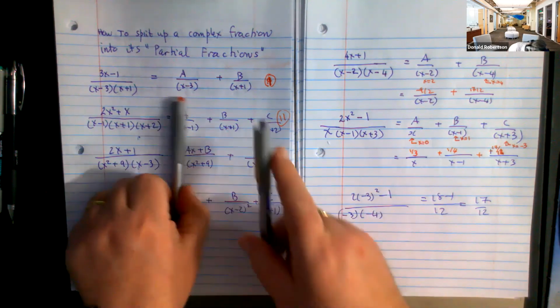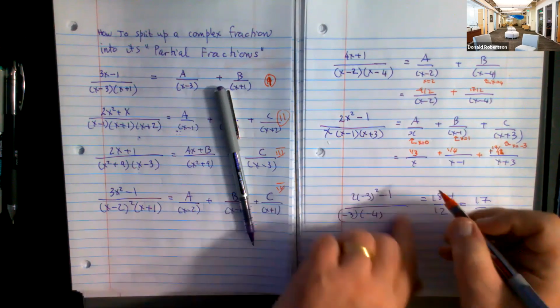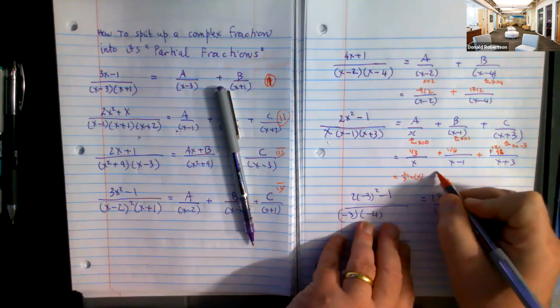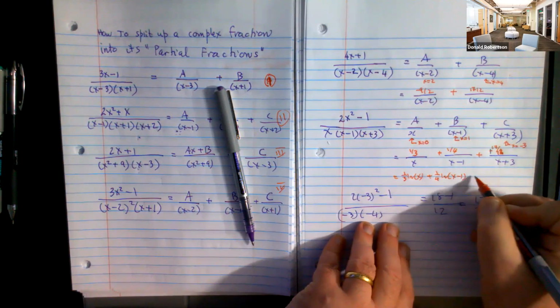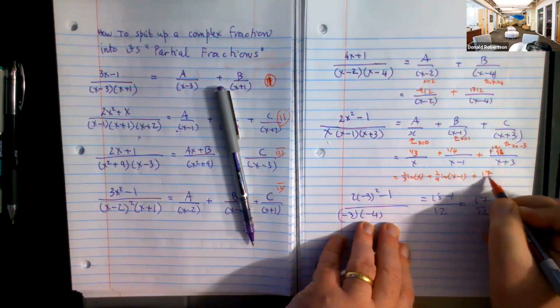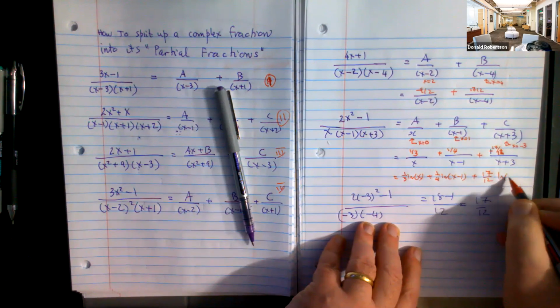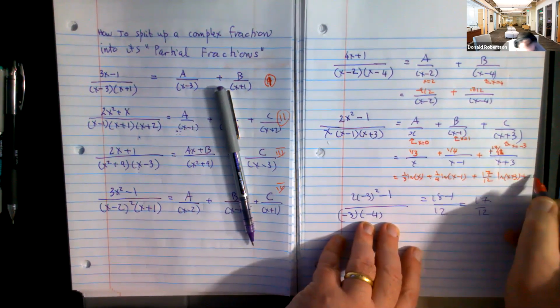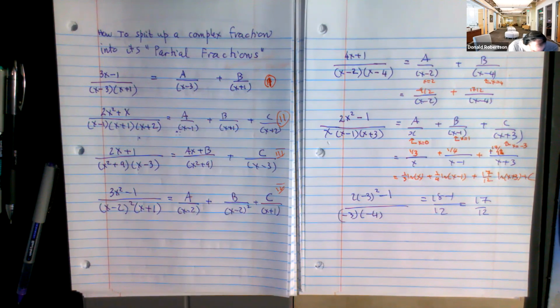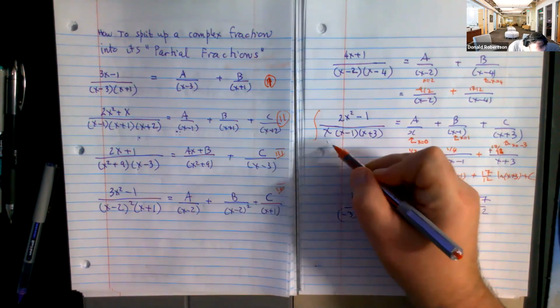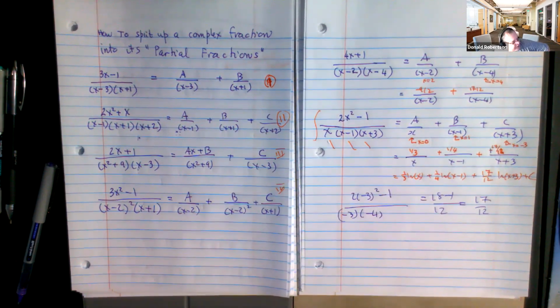Okay, now you want to integrate that. You're going to get 1/3 natural log of x. Add a quarter natural log x minus 1. Plus, because it ended up being positive 17 twelfths, that fella, plus c. So you should be able to integrate any fraction that has linear terms on the bottom. That's essentially